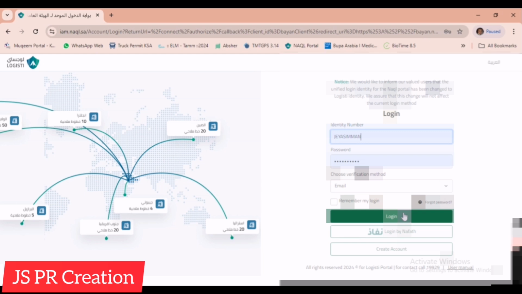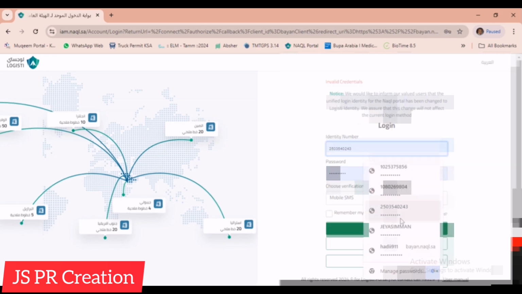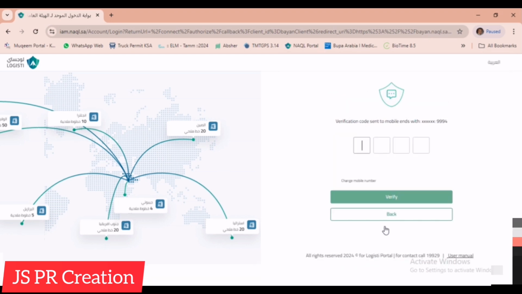After that you enter your company username and password. Then you will get verification through SMS or email. I am clicking through SMS. After that you just click login, and you will receive an OTP through SMS. If you choose email, you will get the OTP through email. See, now I received the OTP through SMS. Now I received the OTP. After that, to verify,